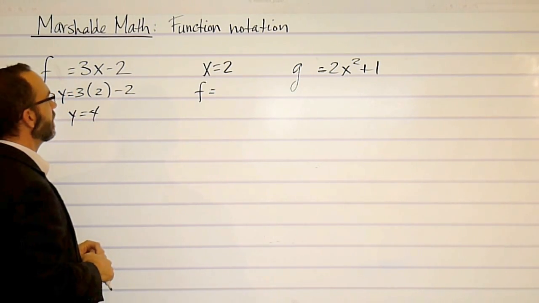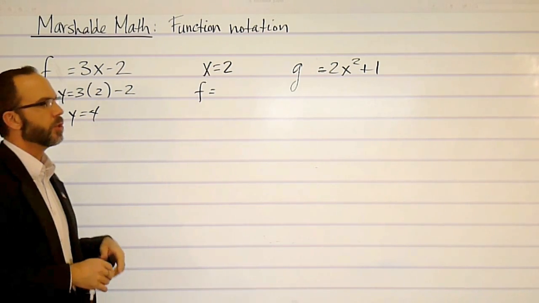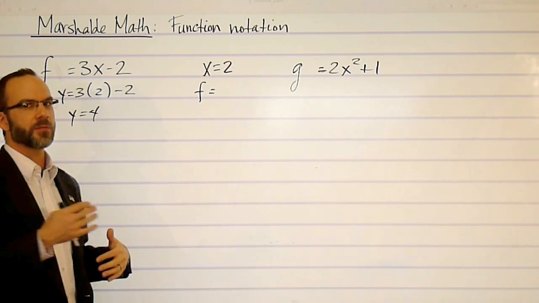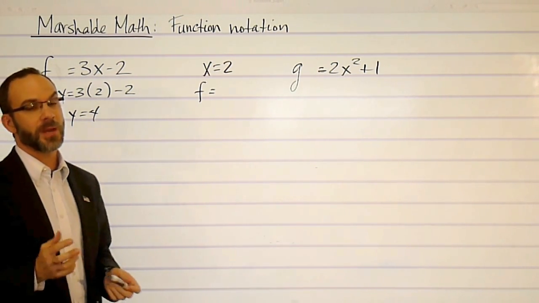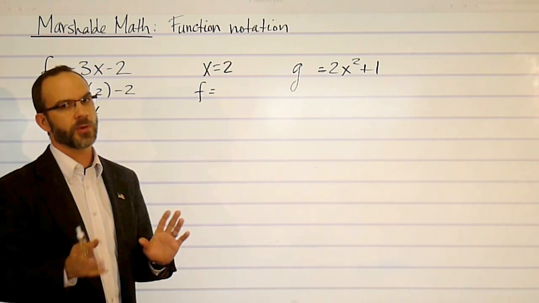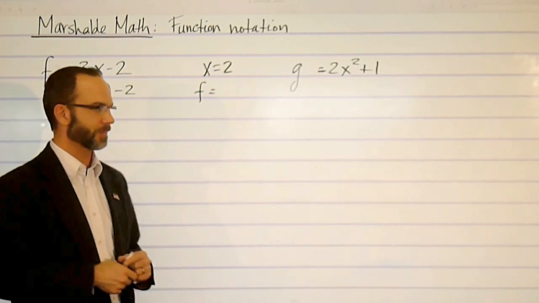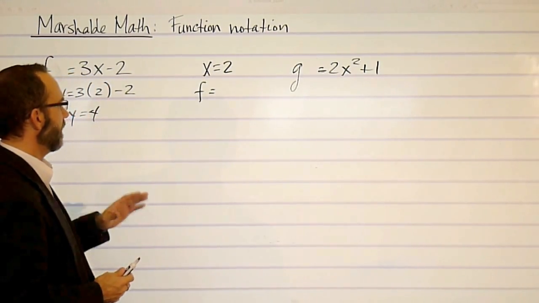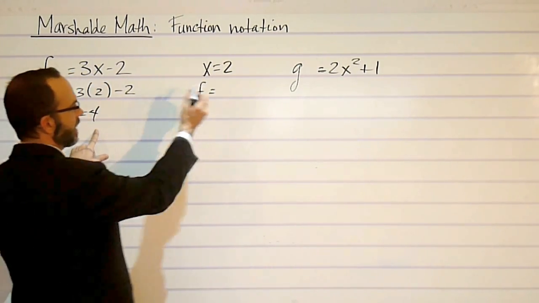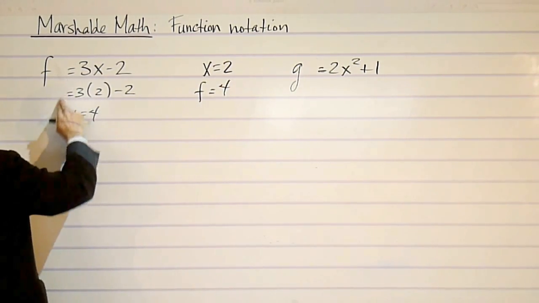So that's what we do when we talk about function notation. The first thing we're going to do is give them separate names. You can have the function called f, or you can have the function called g. It doesn't really matter which letter it is. You can have a function called k or h or whatever it is. Just understand that it's a specific name. It means a specific equation. But there's more to it than that. If I came over here and said x is 2 and f then is going to be equal to 4 from now on,